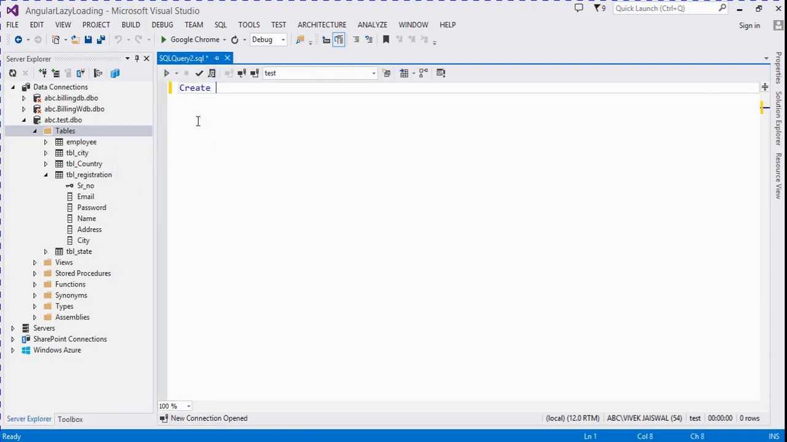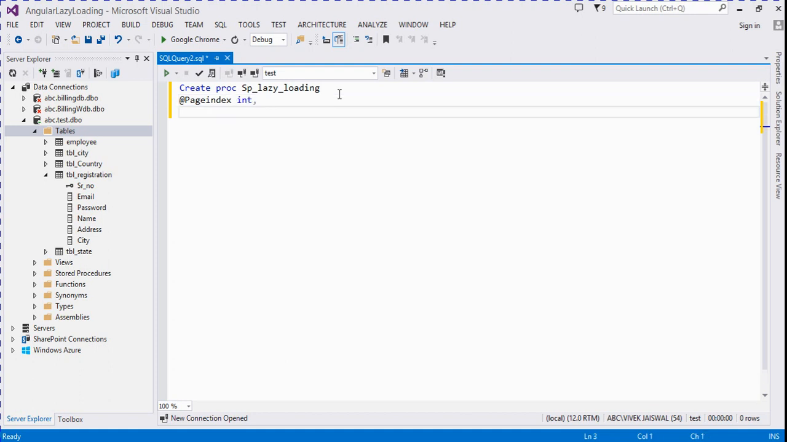You can create proc sp lazy loading, and here we take two parameters. It's a page index and the second one is a page size, and these are integer type, as begin, end,